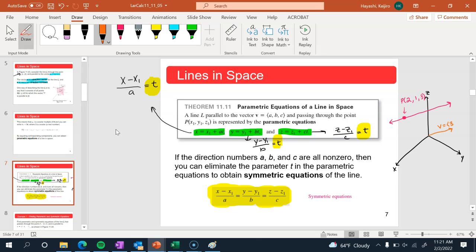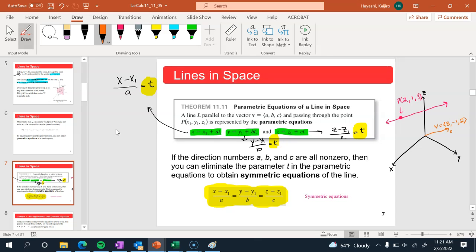Let's say 3. How far is it moving in y? -1. In z, 2. Okay, this is a, b, and c. They're the components of the vector that describe the direction it's moving in. So this line can be described, one way to describe this line would be